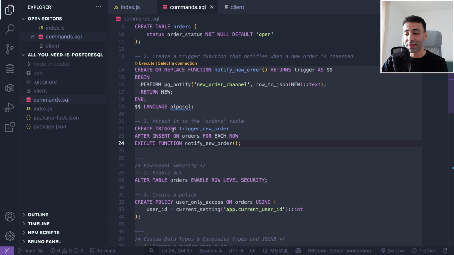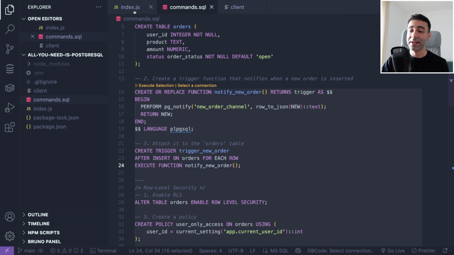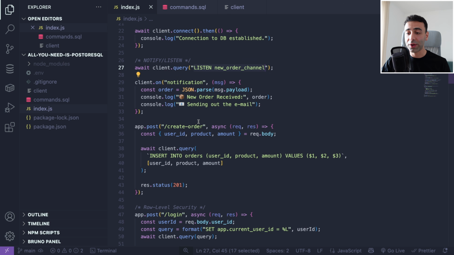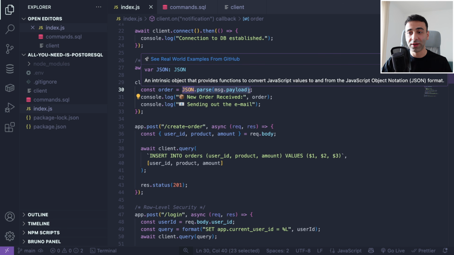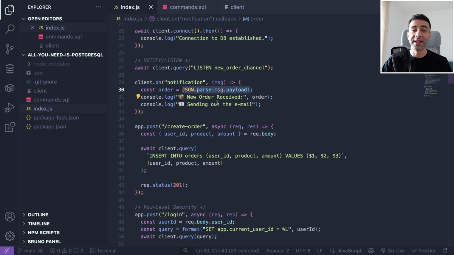So the trigger is going to be called trigger new order, and we're going to say after insert on the orders table, for each row, we're going to execute this function. As simple as that. And then we have this endpoint called create order. I'm going to use it in a second. As soon as this is hit, we're going to insert something into our orders database. And then we have an event listener on the client called notification. So on each notification, we're going to take the order that the channel gives us and receive it and send out